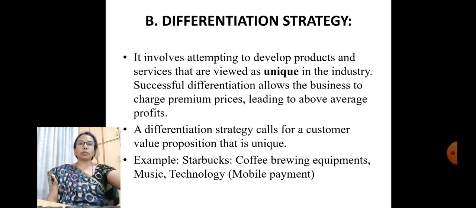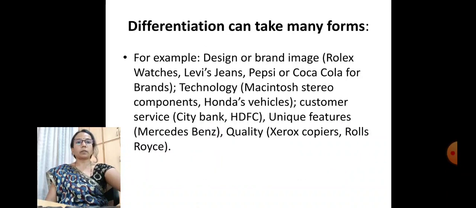So the differentiation strategy calls for a unique customer value proposition. Examples: Starbucks, coffee brewing equipment, jazz music, technology, and nowadays mobile payment. Differentiation can take many forms. For example, design or brand image, like Rolex watches, Levi's jeans, Pepsi and Coca-Cola. Technology: Macintosh stereo components and Honda's vehicles. With respect to customer service: Citibank, HDFC. Unique features: Mercedes-Benz. And quality: Xerox copies,